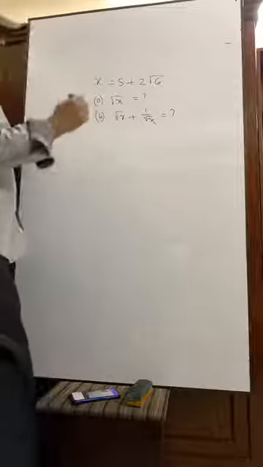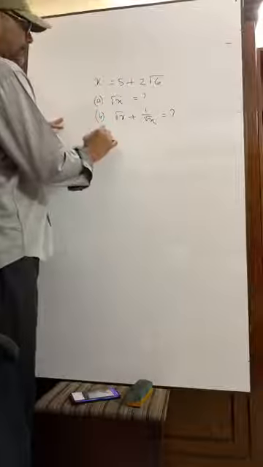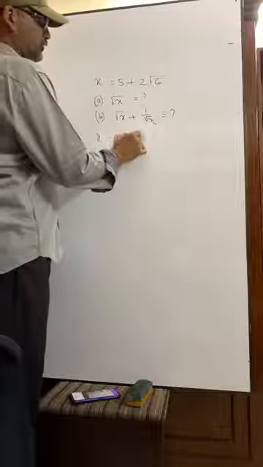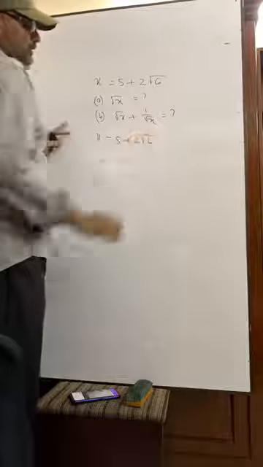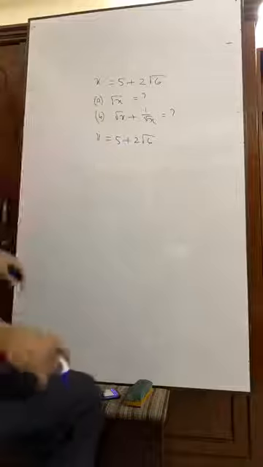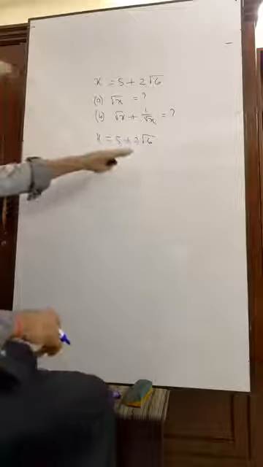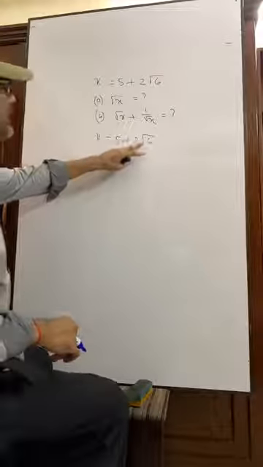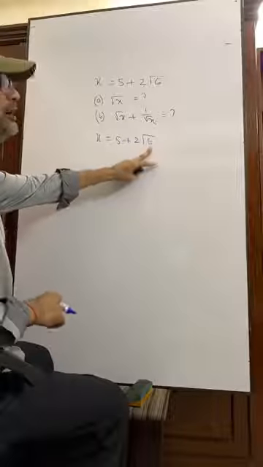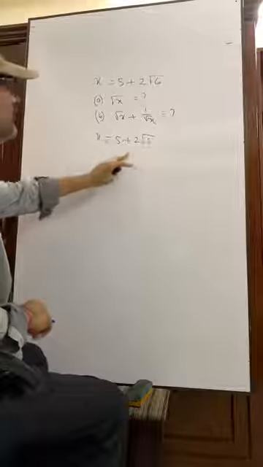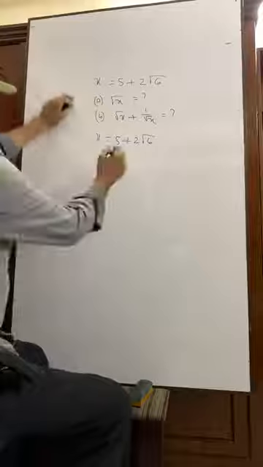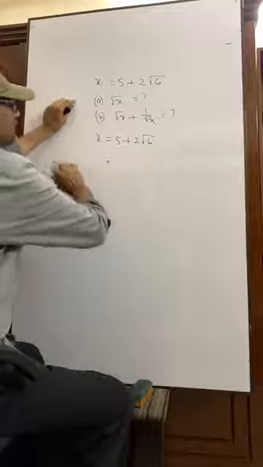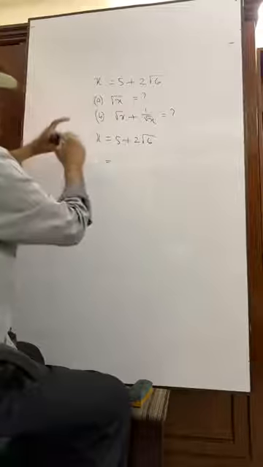We get x equals 5 plus 2 root over 6. Okay. This is the formula 2ab. This is 2 and it is the 6. The 6 means what? 3 times 2, and whose sum is also 5. That means it can be written like this.